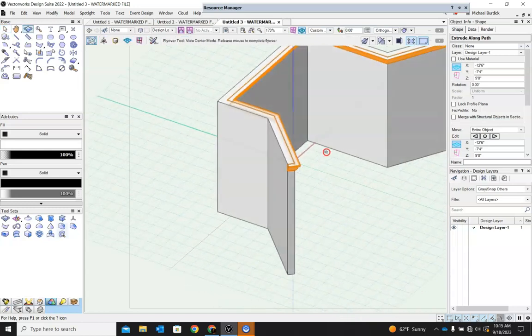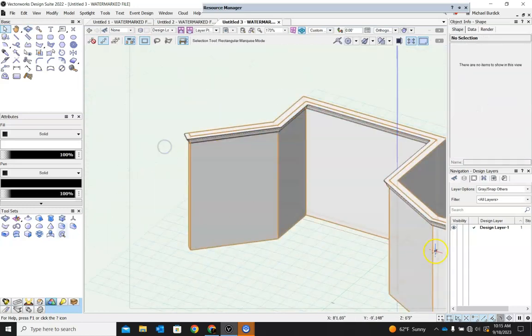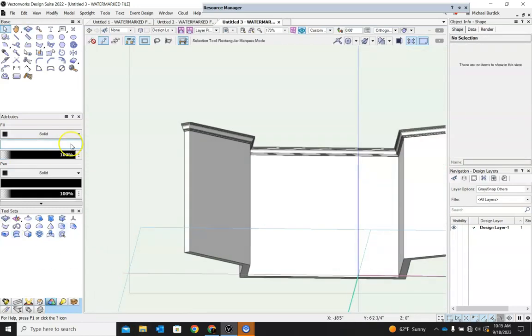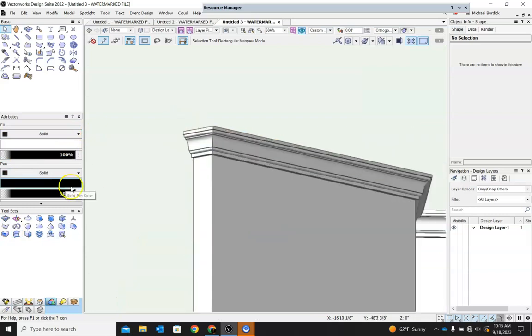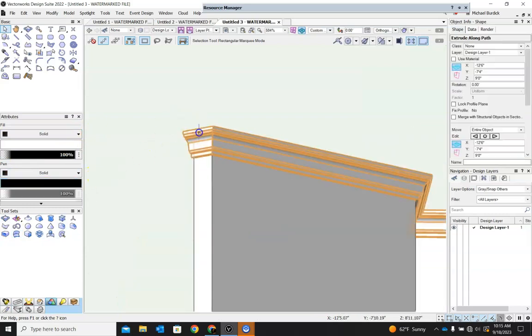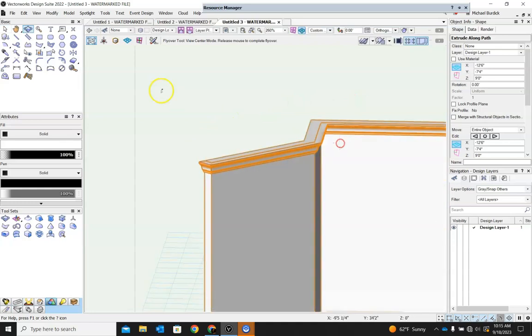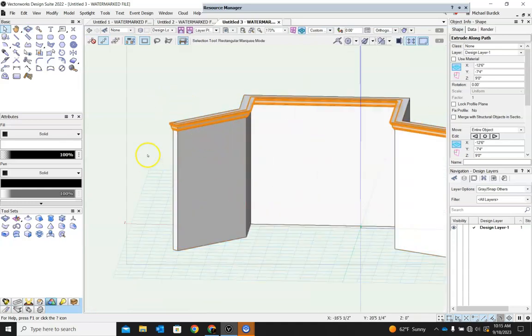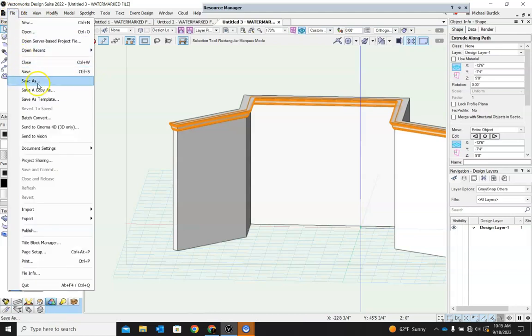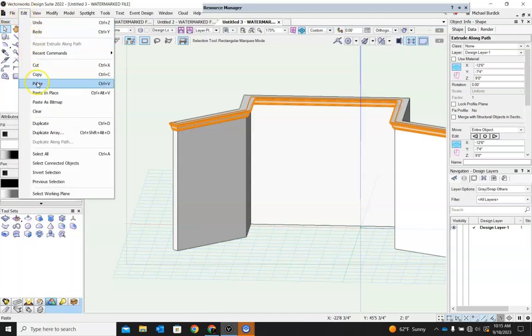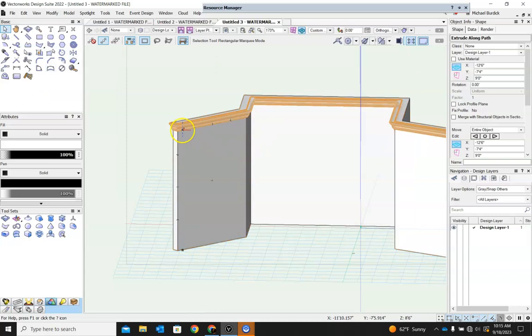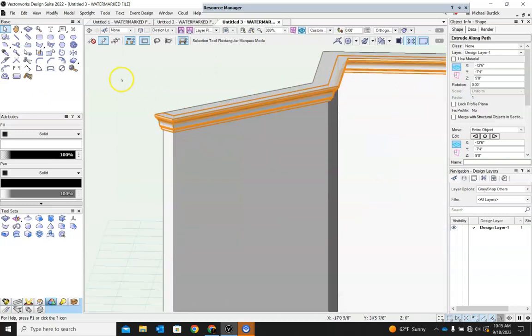Okay, so let's do a little bit more playing now. We've got our crown molding on here. That looks pretty great. I'm a fan of that. What we can do, if we're going to do molding for this entire room, let's say, I can just copy that, Control-C, and then I will paste it in place. That means I'm just creating a copy exactly where the previous one was. So I'll select one of those,